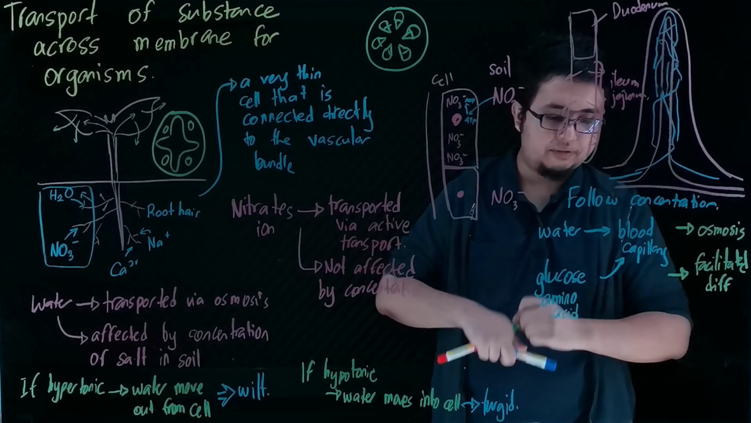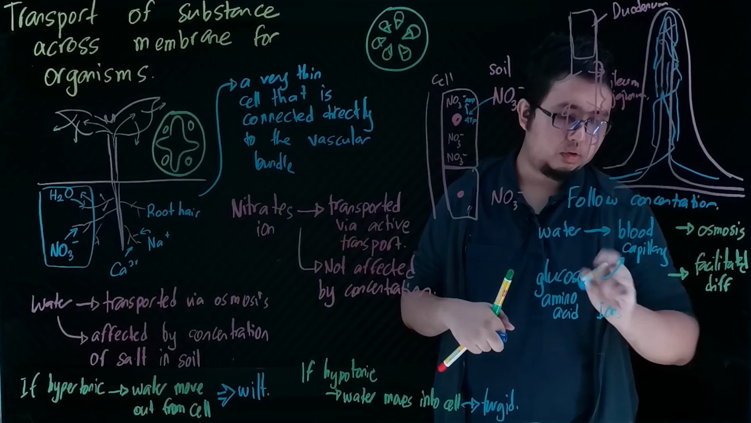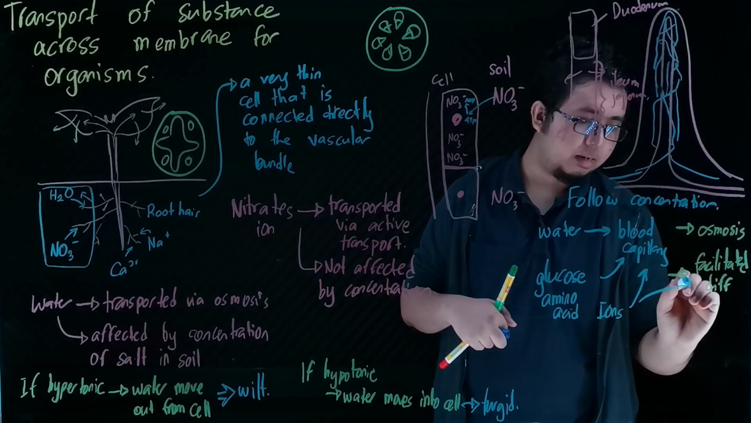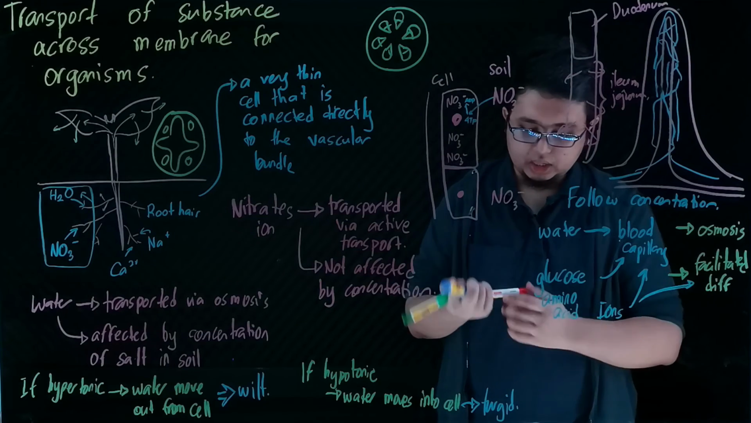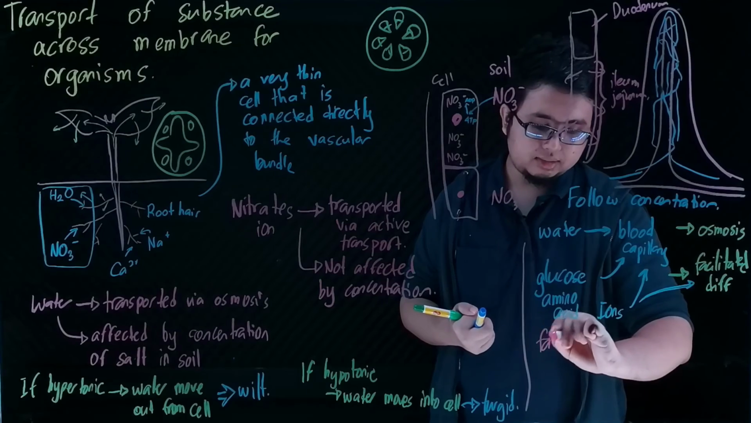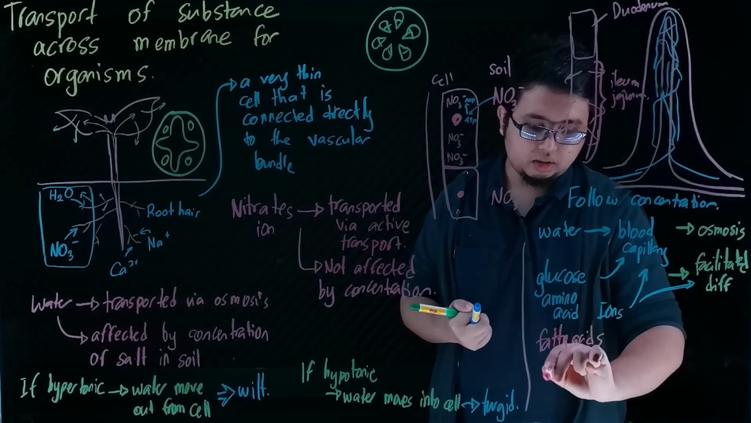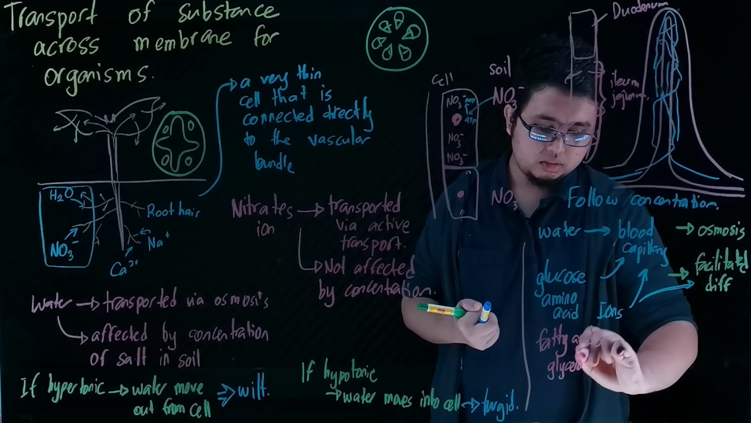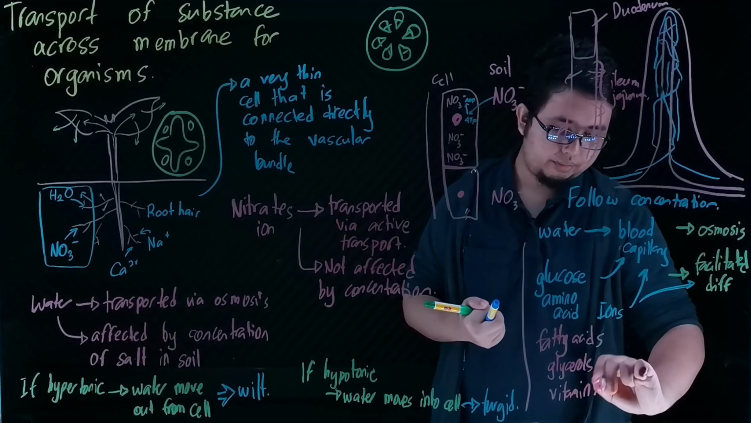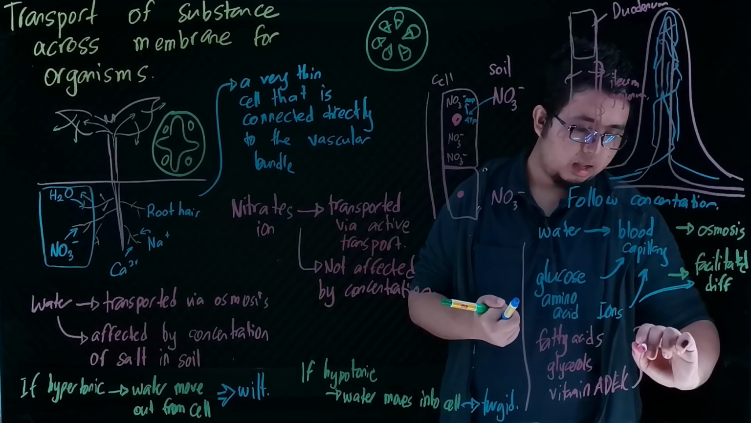And then we have our ions. This is also via the blood capillary, and the method is still facilitated diffusion. And we have our fatty acids, glycerols, and vitamin A. So these three substances are transported